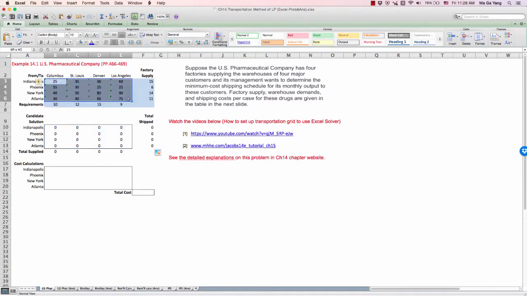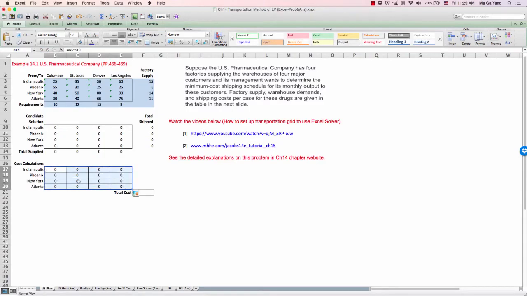And this is the unit shipping cost. In the cost calculation table, we have to set up the shipping cost per unit times the shipping units. The cost times units, that's your total cost in each case.